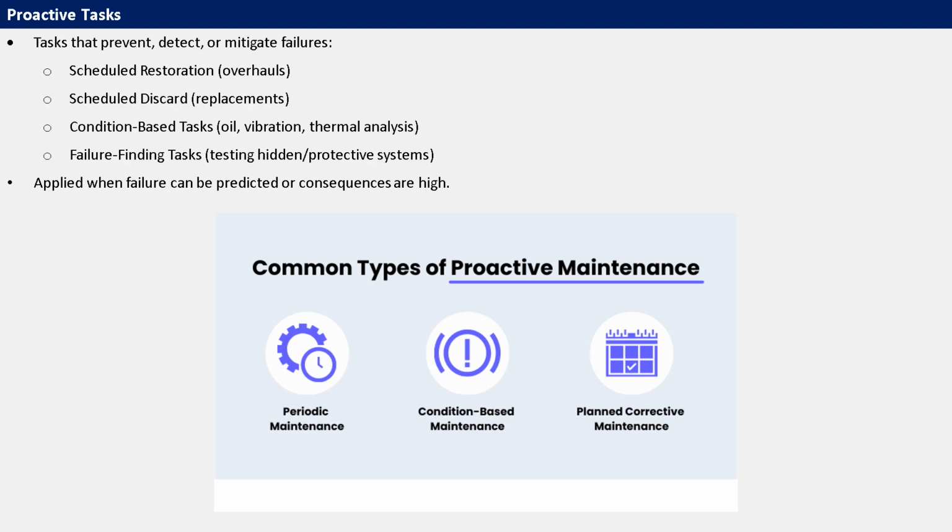4. Failure-finding tasks are used for hidden or protective functions that don't reveal failure during normal operation, such as backup systems, alarms, or safety interlocks. These tasks involve regular testing to confirm functionality. Each proactive task must be linked directly to a specific failure mode and be justified in terms of both effectiveness